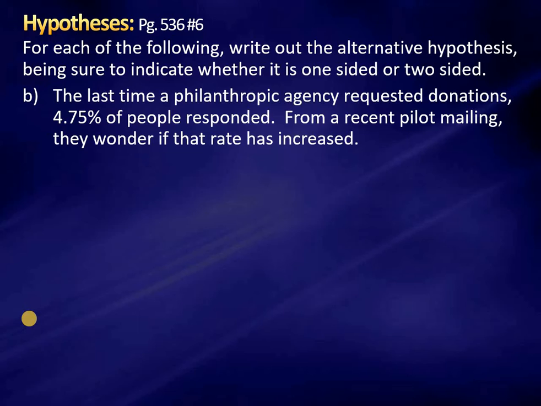My null hypothesis would be that P is equal to 0.0475. I am notorious for screwing up where a decimal goes, because I just always want to put just the decimal in front of whatever the number is. So just be careful with that. And please forgive me when I do that over and over and over again. Just yell at me. It's okay. I'm used to it. The alternative,